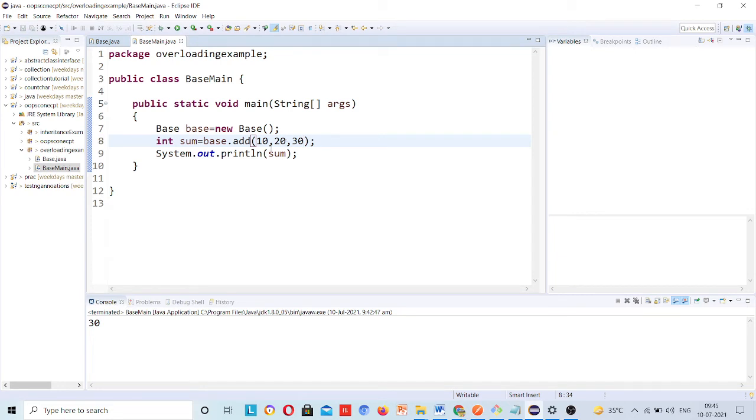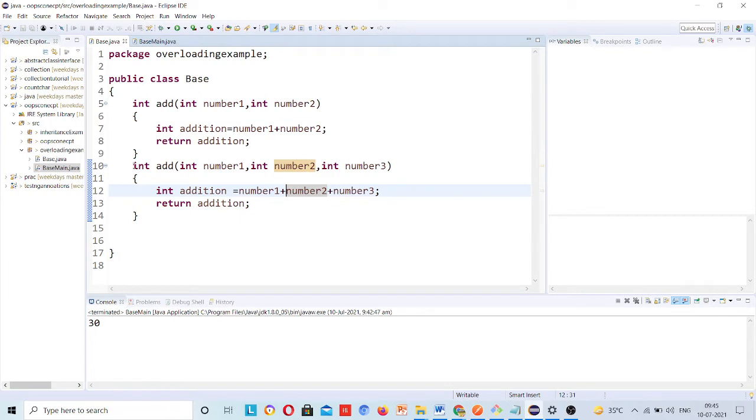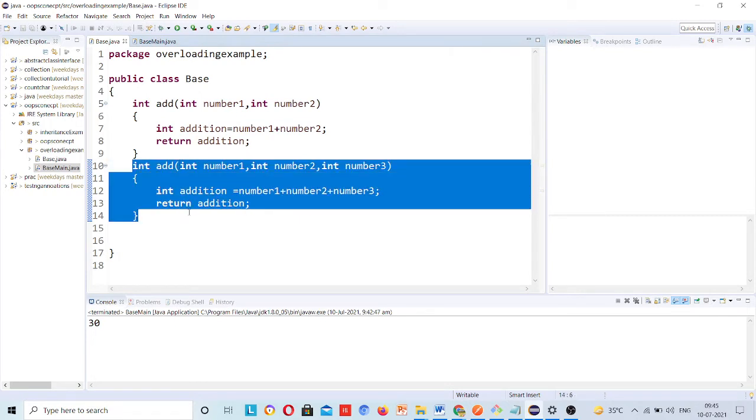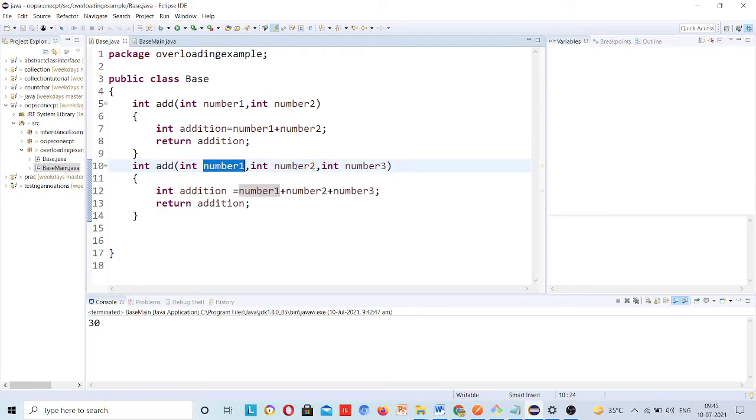These are three different arguments, all of type integer. It will try to find the add method in the class Base which has three integer arguments as parameters. So this is one of the methods inside the Base class which has three integer params.